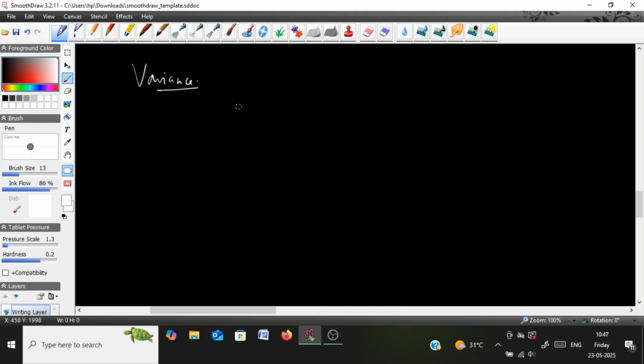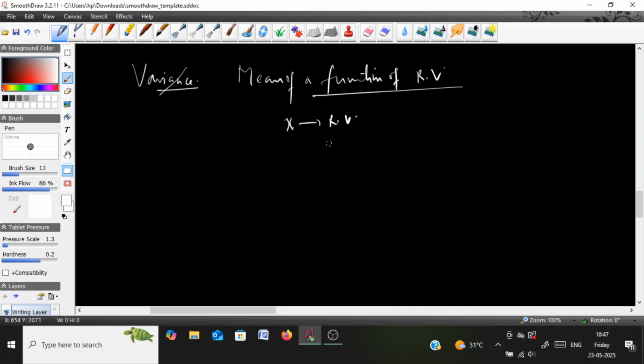Or before variance, you can define the mean of a function of a random variable. It means x is a random variable and you define another random variable y, which is basically a function of x. Then you have to find the mean of y